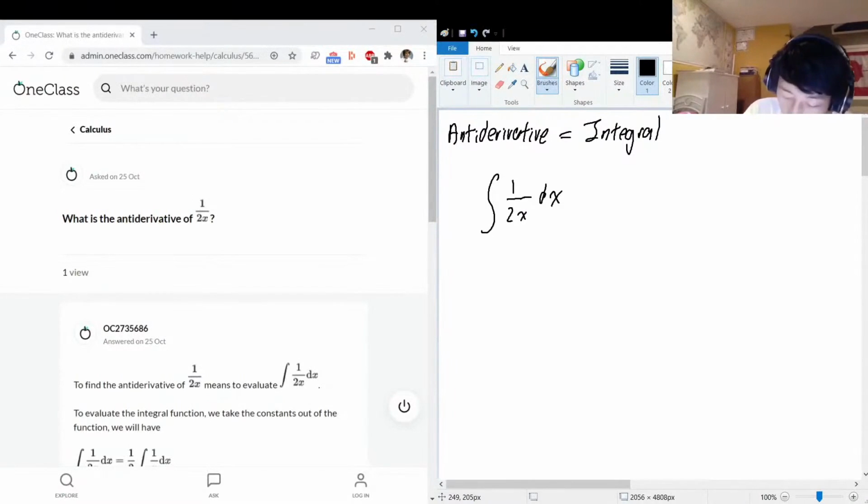Now, the first thing that I think would be a nice thing to do is factor out all the constants of this equation. Do we see any constants? Hey, the 2 downstairs. Maybe we could factor out that 1 over 2 to make it look like this: 1 over 2, integral of 1 over x dx. Now this is a little bit easier to deal with. What this essentially is asking is